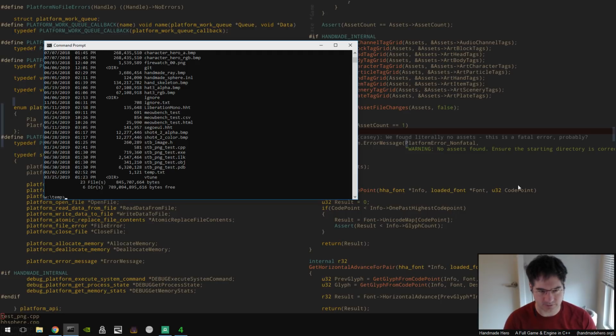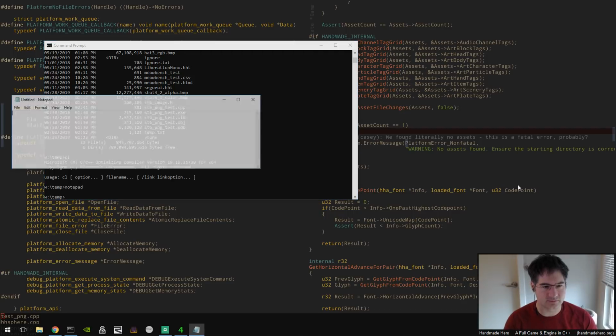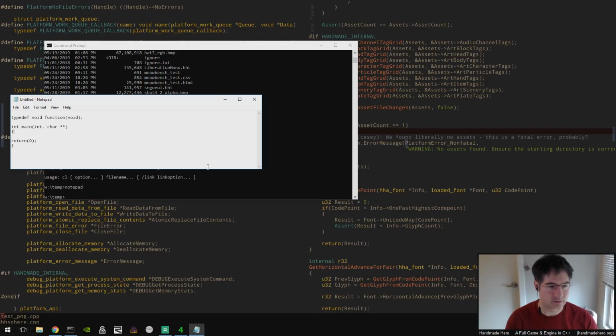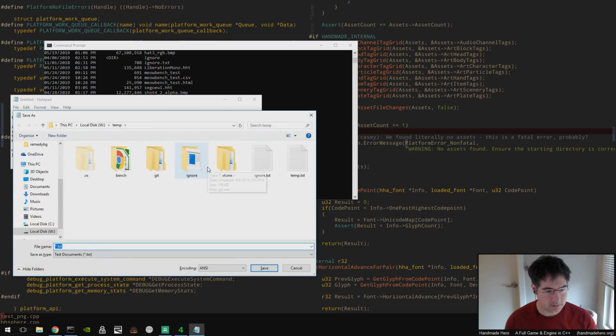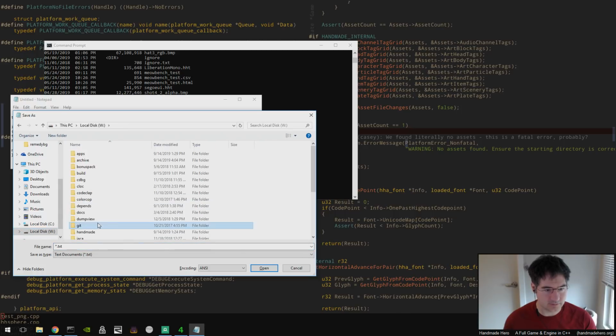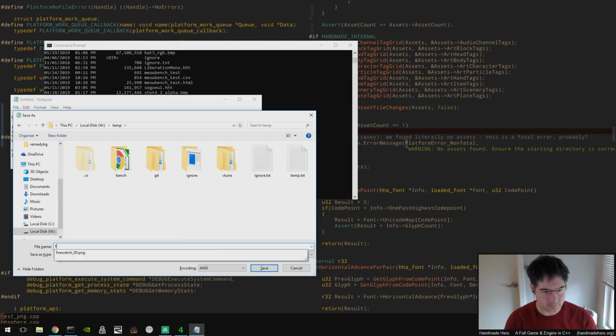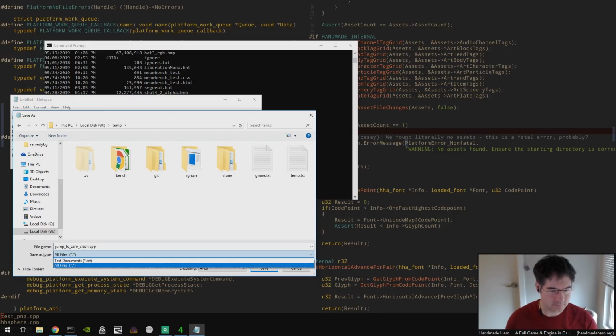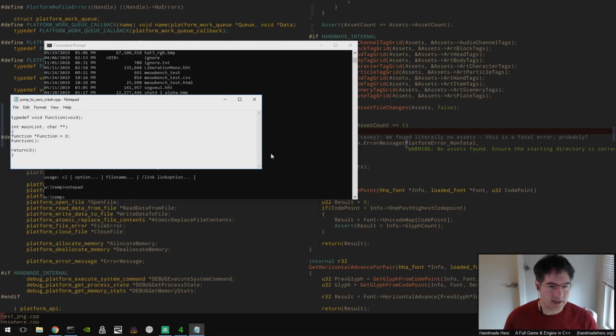If I just make something right here in this directory, a file with void main and a typedef void function, a function pointer equals 0, I'm just going to save that into the temp directory as jump to 0 crash.cpp. And I think, if I'm right,